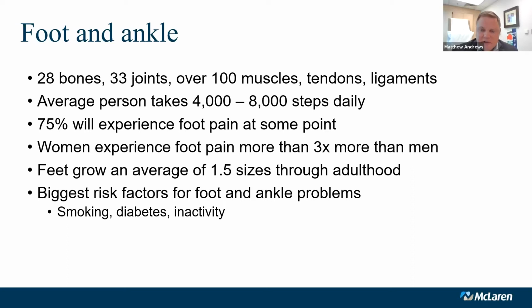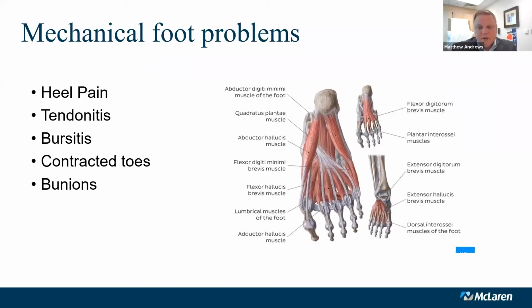And of course, inactivity. So this has been kind of a challenging year, this pandemic period that we've been going through, because a lot of folks have been relatively sedentary. They're not as active as they once were. And then they start to become active, or they start an exercise program. And oftentimes they're subject to overuse type injuries, or just injuries in general, including things to do with balance and gait. So there's a number of different things that can affect the foot and ankle, obviously, but these are probably our biggest risk factors for problems involving the foot and ankle.